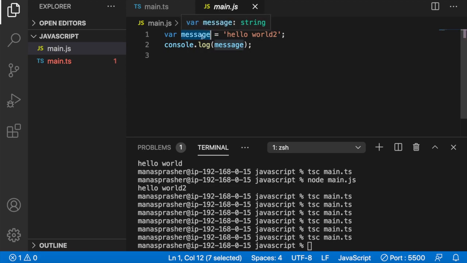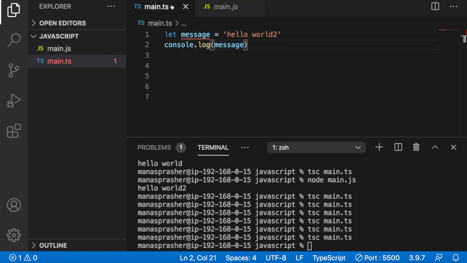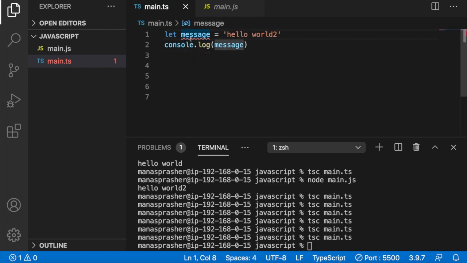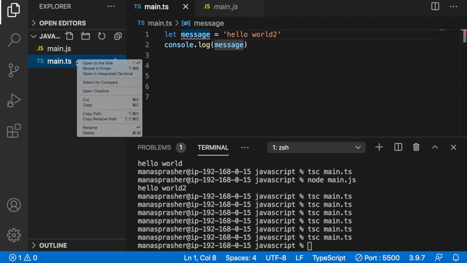Can you explain the global scope? Yeah, global scope basically means that everything is in one file, in a simple way. Or you can say that this message can be accessed in different files. Let me give you a simple example. Let's delete this